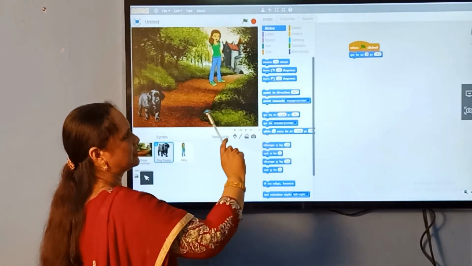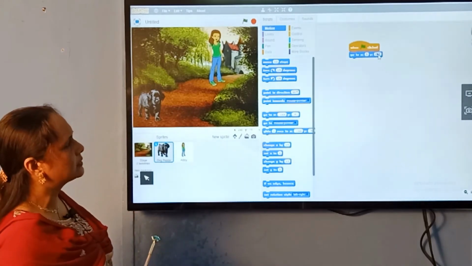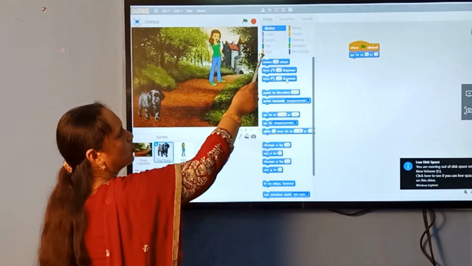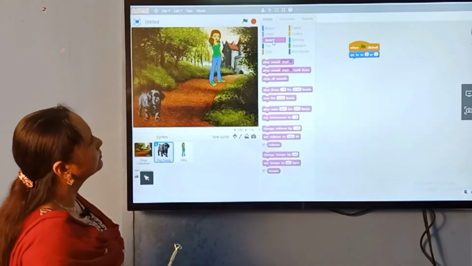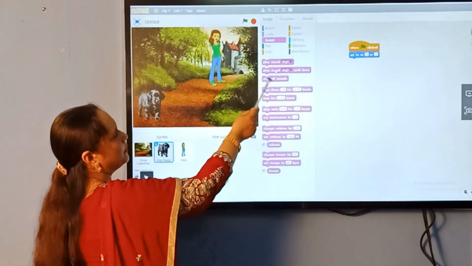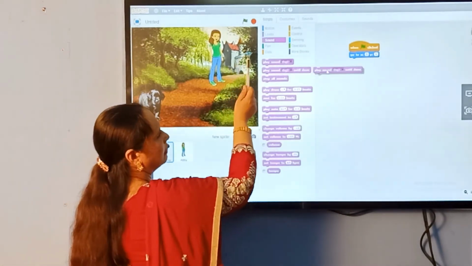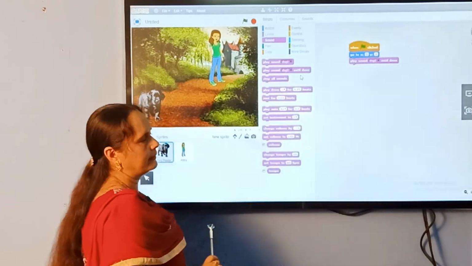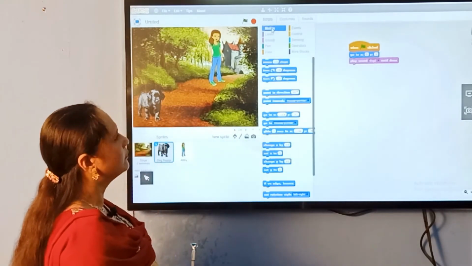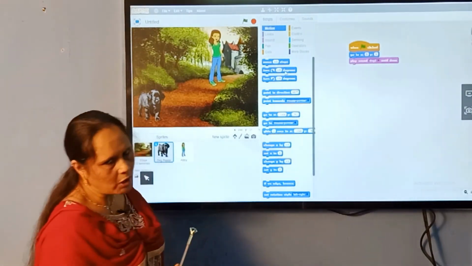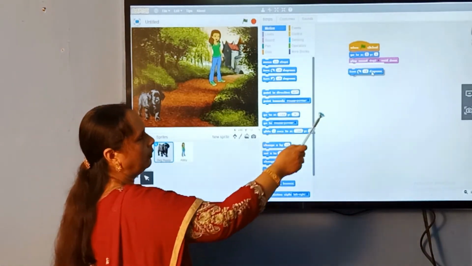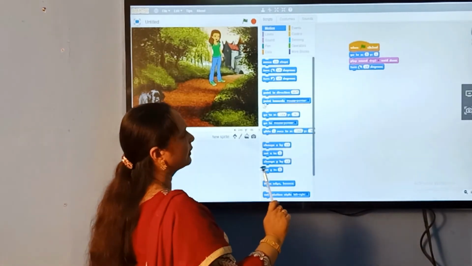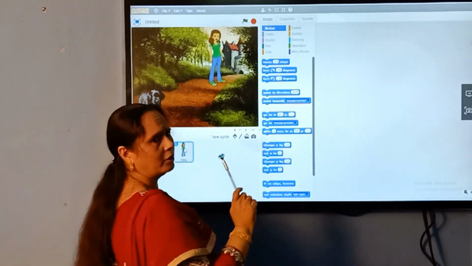So I am editing that step, and then the next one is what it has to do. It has to bark, isn't it? For that barking sound, I have to go to the sound. Yes, sound, and play sound I am going to give. So just drag and drop over there, it gets fitted there. Okay children, next one is I want to give the motion. After barking, it has to turn 15 degrees. So 15 is there already by default. I am just keeping it over there. Now the script for the dog is over.